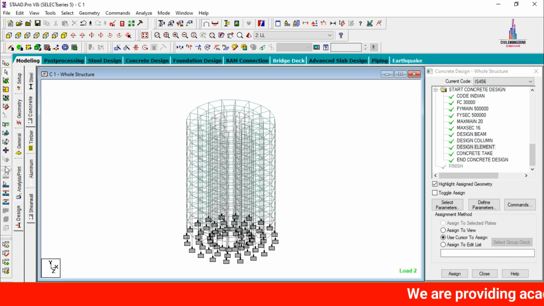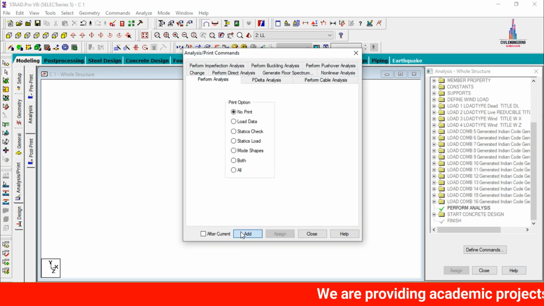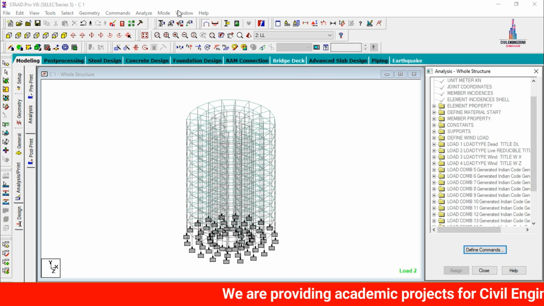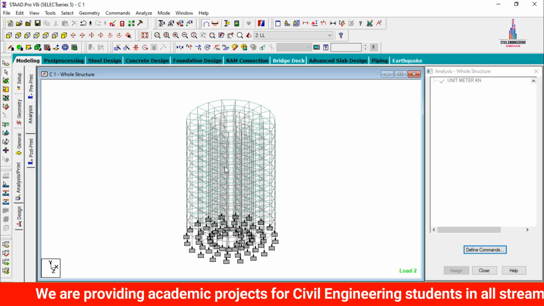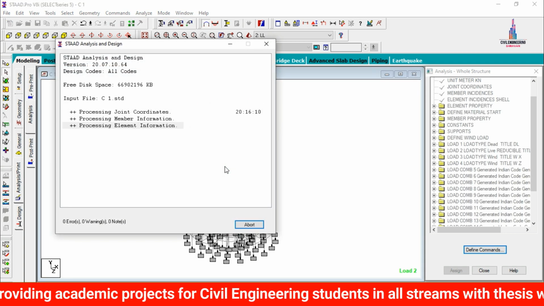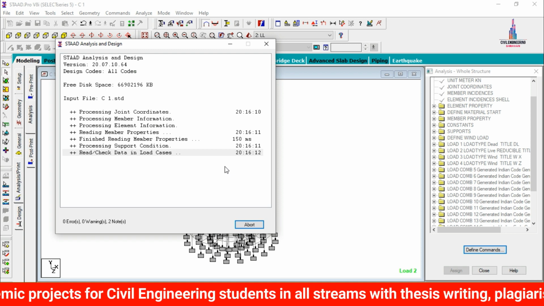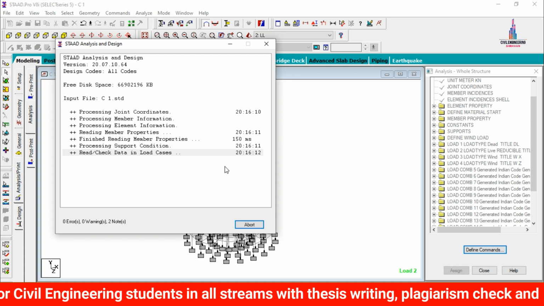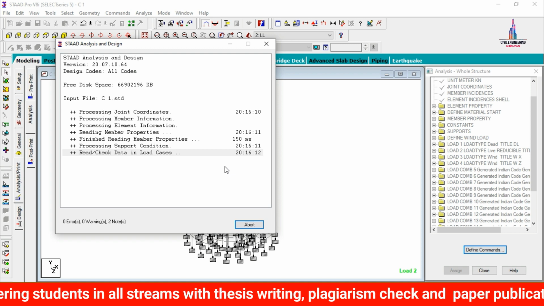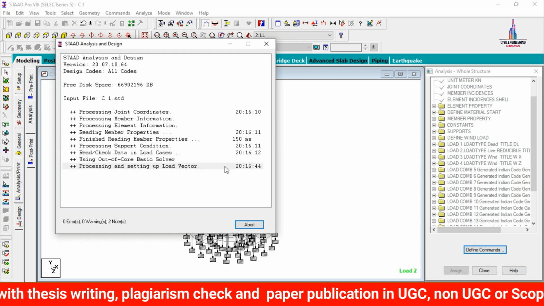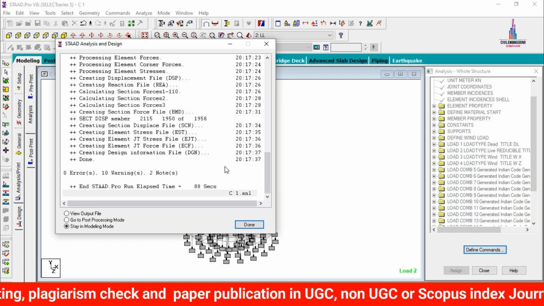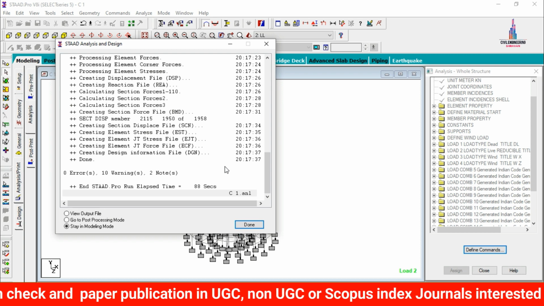So after that we have to click on analysis and print. Add the no print option, close option again. Again we have to select the analyze option, run analysis, save it. So here again we have to check for zero errors for this respective design also. So here my model is checking for zero errors as per the considerations of the design values. Now we can see here my model is observed with again zero errors for the design.